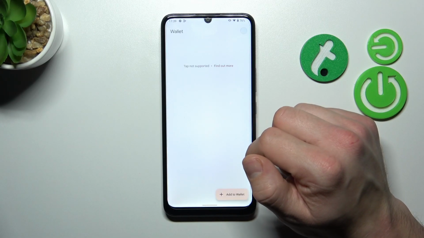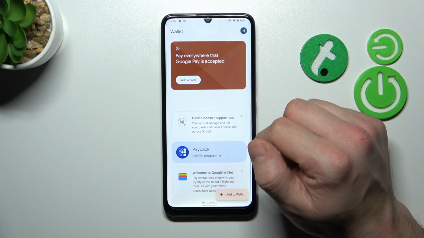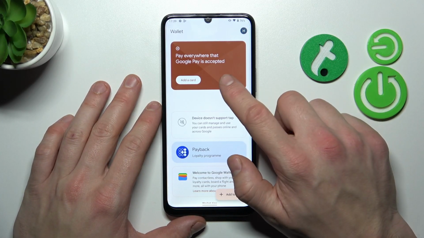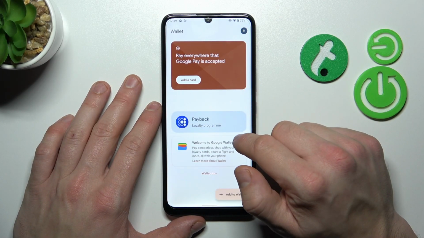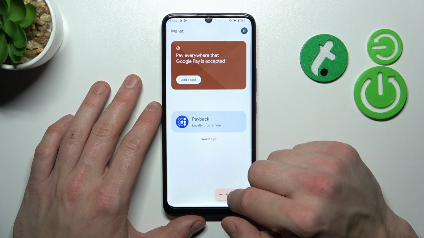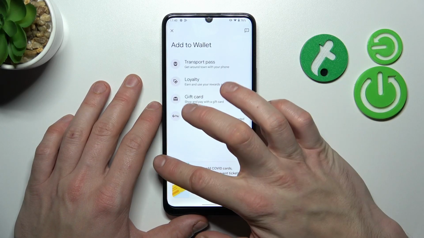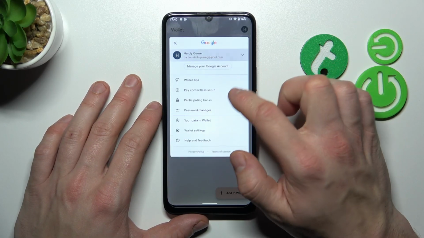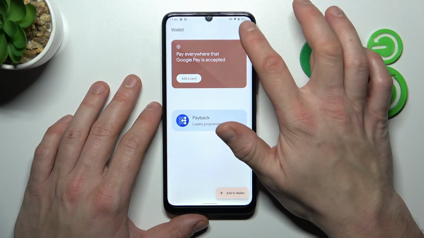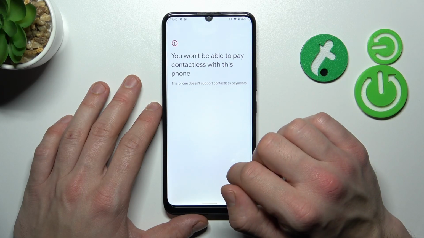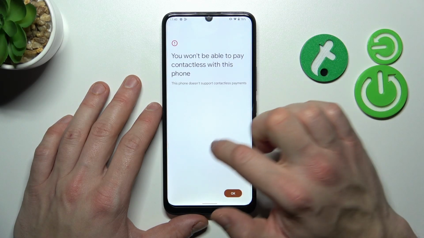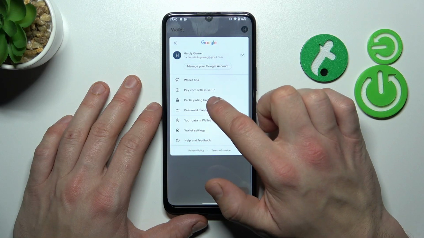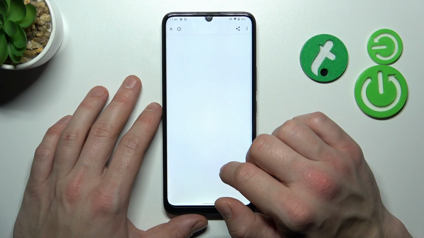Tap View Wallet button. And as you can see from the homepage of this app, you can add payment card, check quick tips, manage your passes, add new passes, and if you go to menu, you've got access to your Google account, all wallet tips, contactless setup, which is unavailable because this phone doesn't have NFC. You can check full list of participating banks,